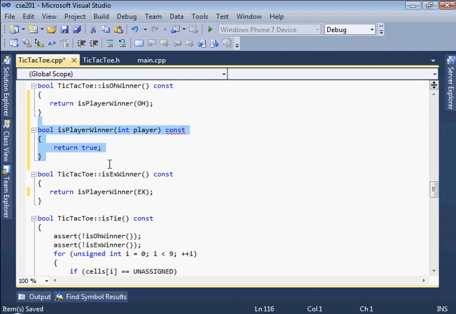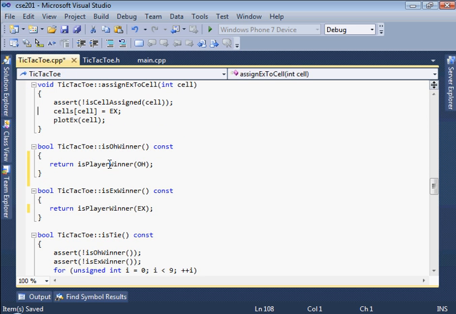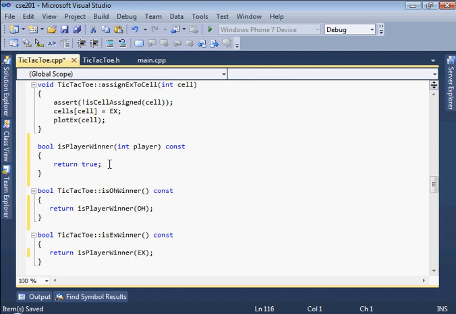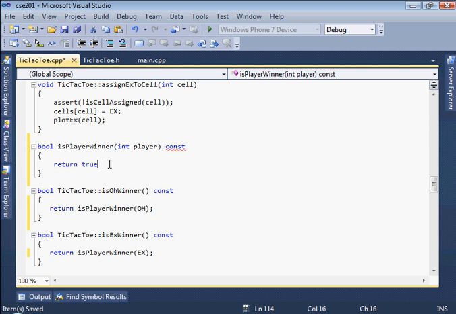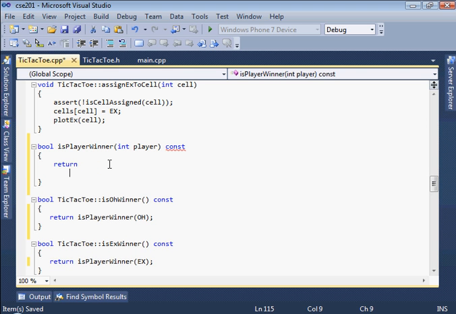And I'm going to move this just to group these functions in a more logical way. I'm going to put this one up here. So our job now is to take in a player value and determine whether that particular player is a winner. So we can do it like this. We can make it one long return statement, actually. Why don't we try that? That might be interesting to try anyway. So we're going to return